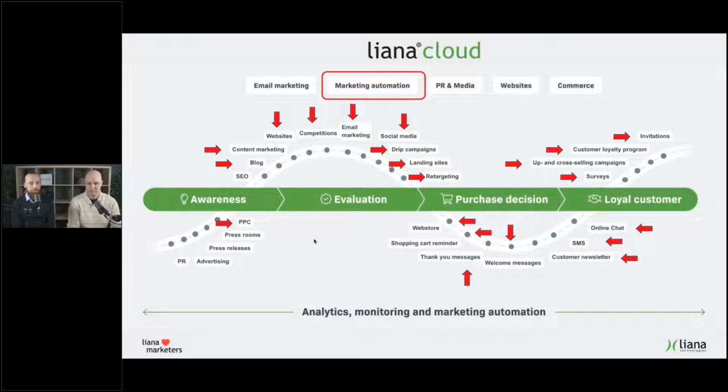And this image emphasizes the meaning of marketing automation and all the different use cases and phases where you can utilize marketing automation in order to get customers aware of your services, and after the purchase decision you can nurture the customer relationship with marketing automation. So in almost all parts of the customer path, there are certain points where you can really get benefits from marketing automation.